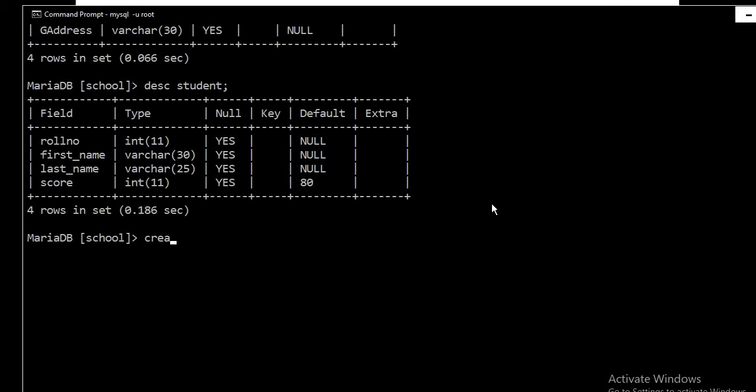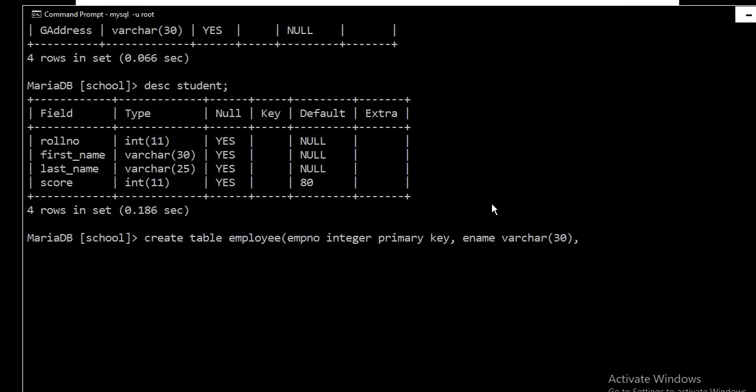So create table employee, and let's say emp number is integer, make it primary key, then is ename, and ename is varchar 30,